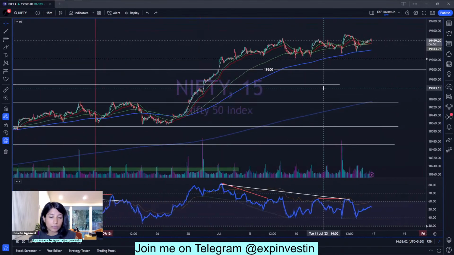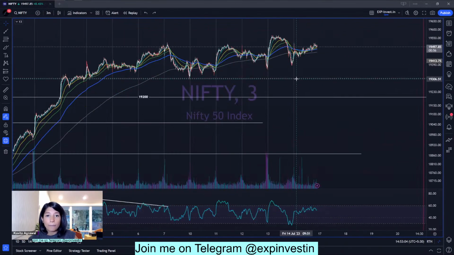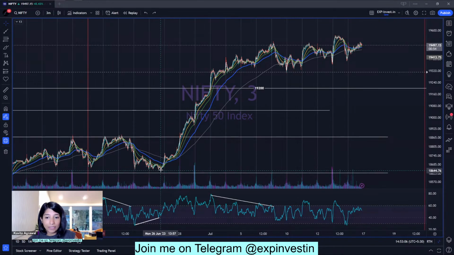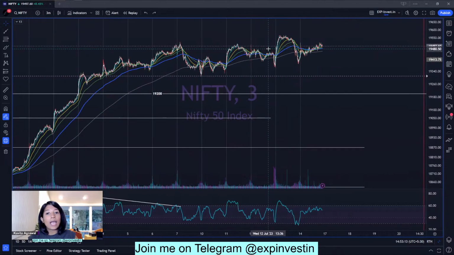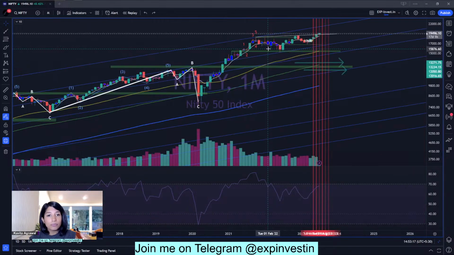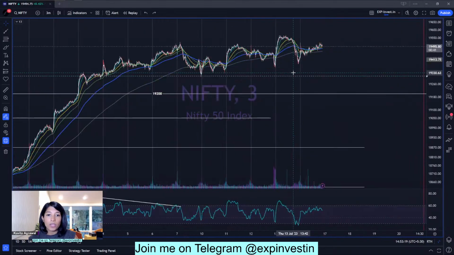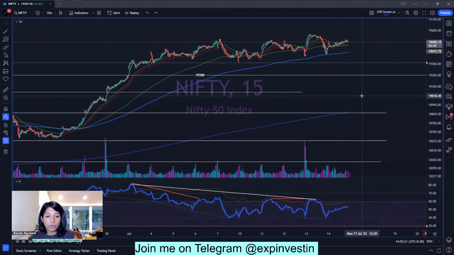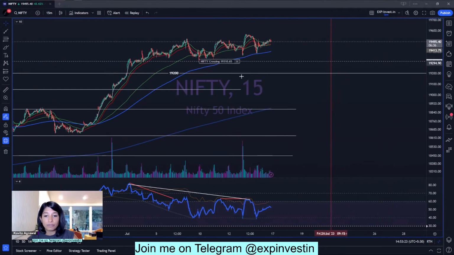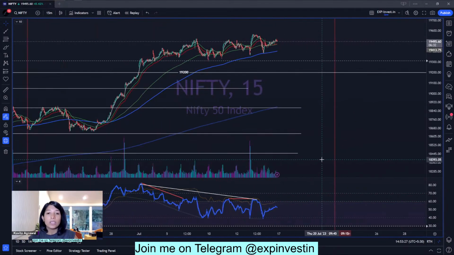Well, technically a percentage in a week is quite big, but if you compare that with the momentum that we had seen between 26th of June to 7th of June, it is significantly slower. Now what happens when an index or a stock starts losing momentum? Negative divergences form. So this is the 3-minute chart, right? Let's move on to the 15-minute time frame, and on the 15-minute time frame we can see a big negative divergence has indeed formed. So when a negative divergence forms on the chart, it can mean one of two things.